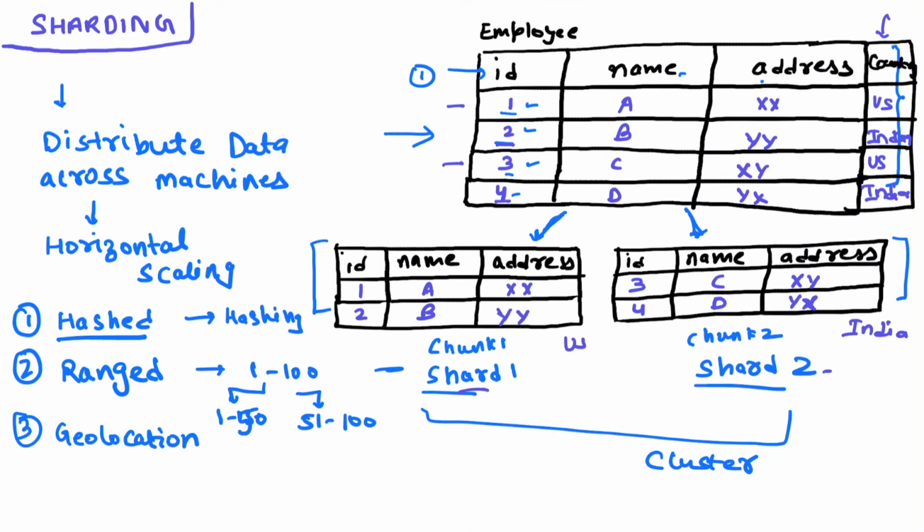You can define the strategy based on lat long if it is available in your database, and you can have that kind of coordinate based, map based geolocation strategy defined within your database. But just to simplify the process, I gave an example of country code between US and India. So this is the third type of sharding, which is geolocation sharding.